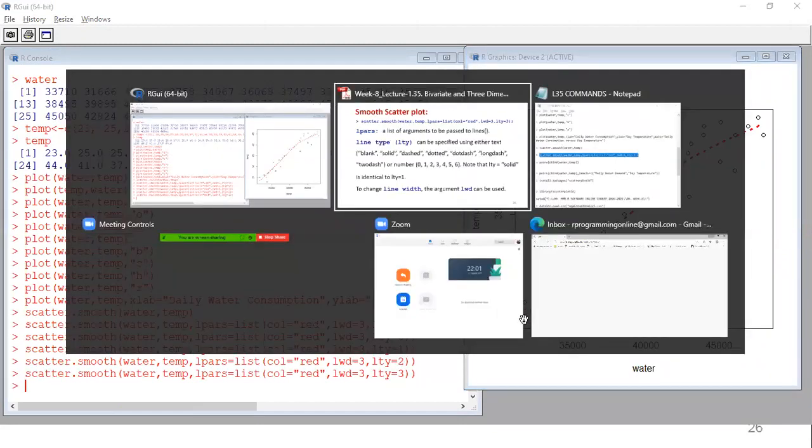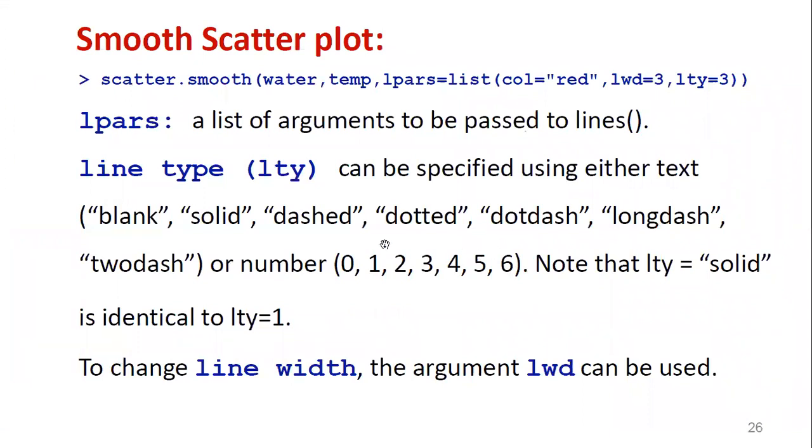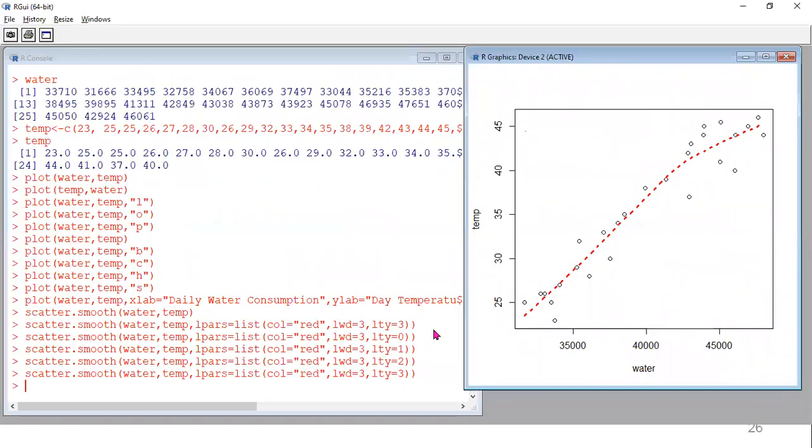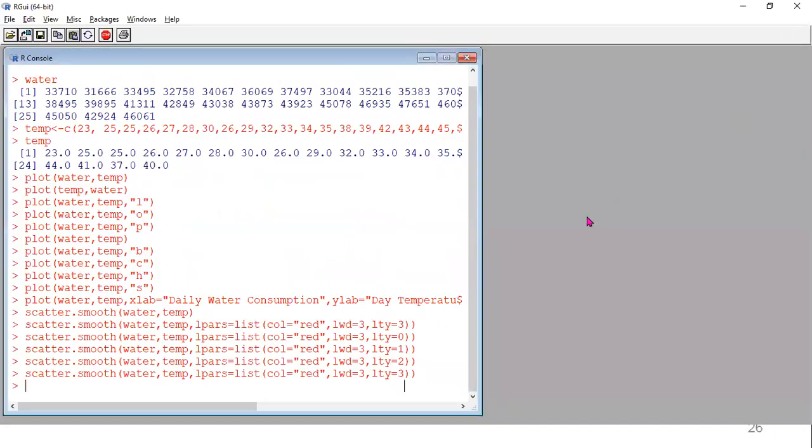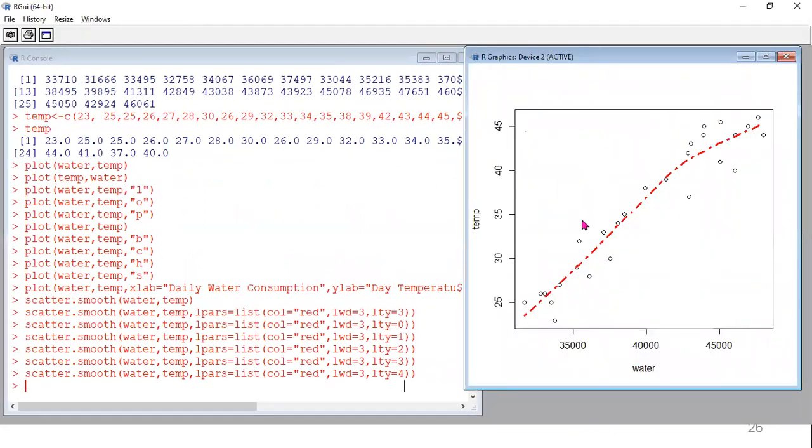Then similarly, code 4 is dot dash. You can use 4 and check the output. So dot dash: whenever you use 4, you can see alternating dot, then dash, a combination.